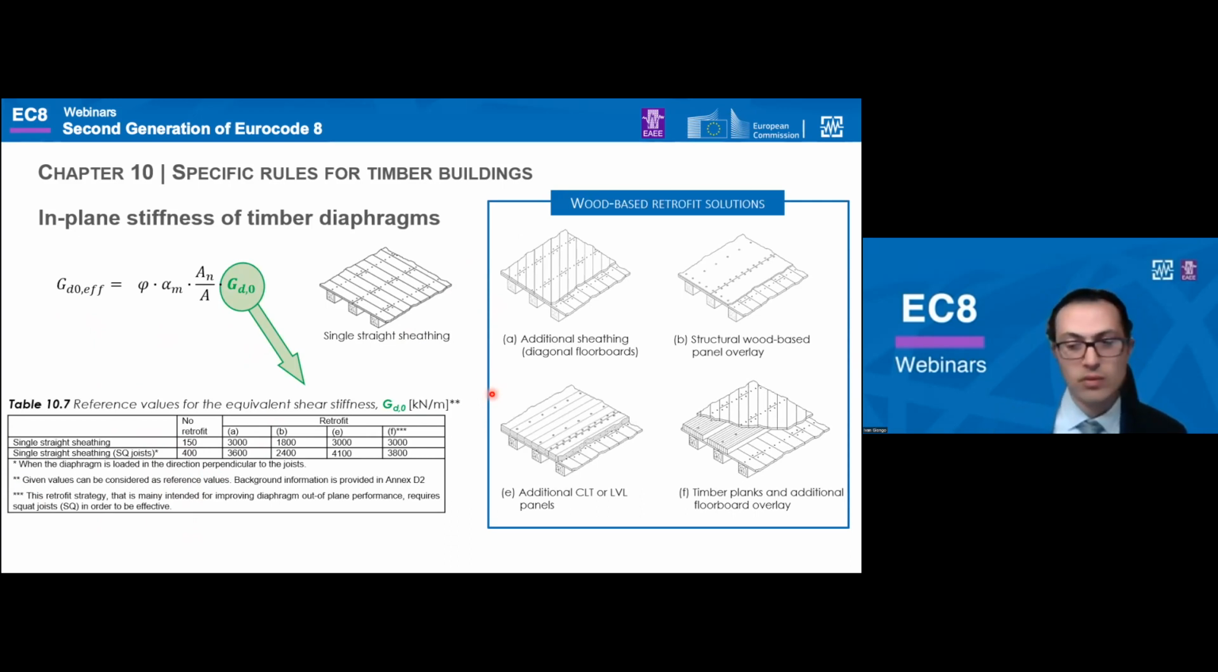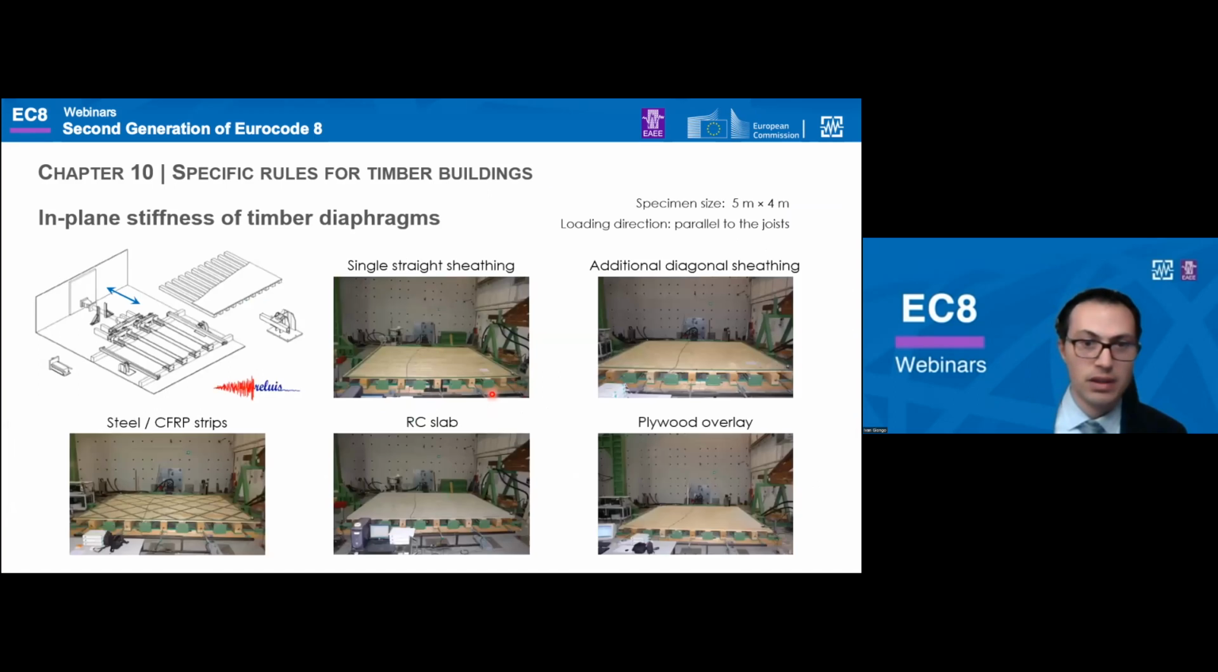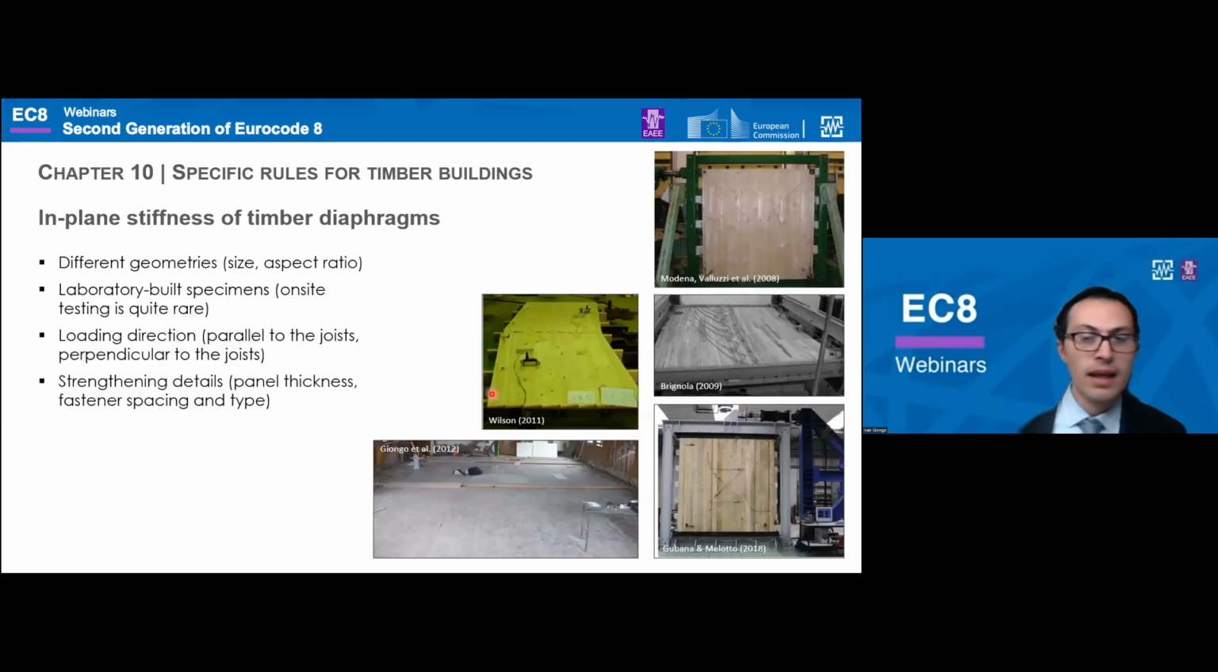But the question is now, where do these numbers come from? Well, the starting point was, of course, the experimental evidence. And here you can see some pictures from the testing, from cyclic testing done on full-scale diaphragms in the lab that was mentioned before by the chairman. And the results of various testing campaigns are available in the literature. And here I have reported a selection of pictures referring just to testing of unreinforced diaphragms, but many more examples